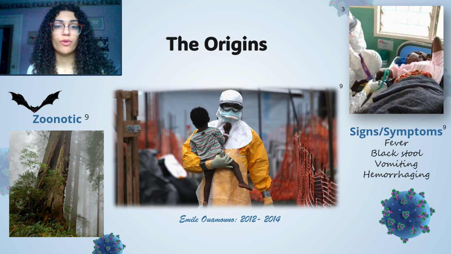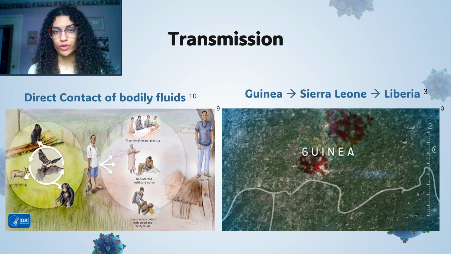A neighbor explained how when he went into the Amano household, there was blood everywhere due to the hemorrhaging, as family members also fell sick. However, at the time, communities believed that it was cholera again, which was endemic to the nation. The disease showed rapid progression with an average incubation period of 2 to 21 days and symptoms showing 6 to 10 days after the exposure.